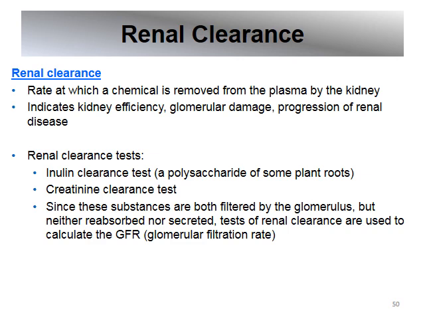Renal clearance is going to tell us how much of a certain molecule is cleared or removed from the blood. So this will tell us about kidney efficiency, glomerular damage, and progression of renal disease. For renal clearance tests, we could use inulin. This is the best one as it's filtered and it is not secreted or reabsorbed. However, it is time consuming